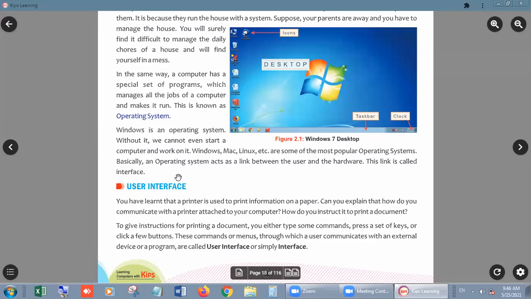But the parts of the computer which you can touch, like your mobile phone, you are just holding in your hand, you can touch it. Or if you are attending this class on a monitor or laptop screen, these are the hardware, right? To make a connection between hardware and software, we need to establish a link to communicate with each other. This link is called an interface, right? And it is possible only because of Windows.